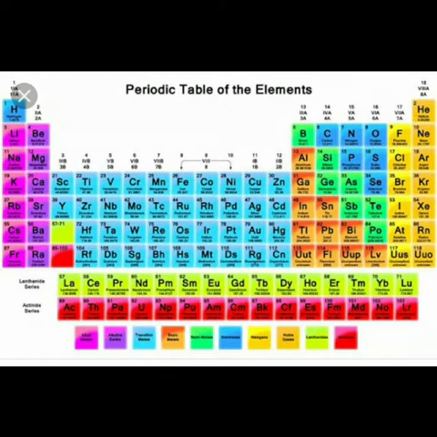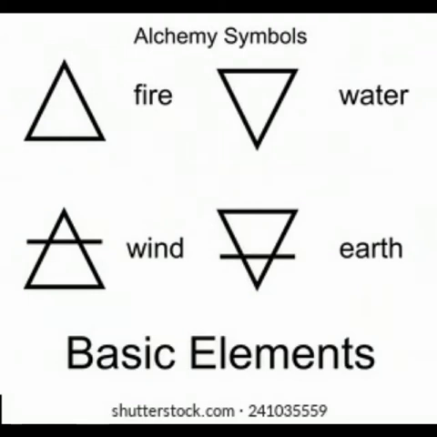First, we are going to learn the brief history of symbols of elements. A symbol is an image or object that stands for some meaning. First one, Greek symbols. The symbols in the form of geometrical shapes were used by ancient Greeks to represent the four basic elements around us, such as earth, air, fire and water.